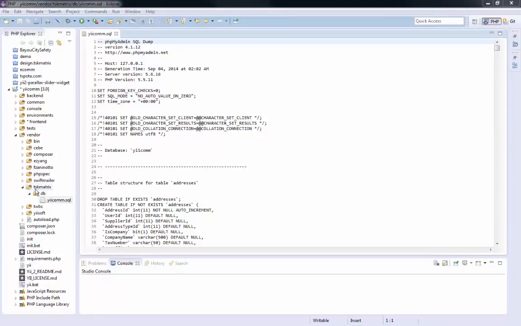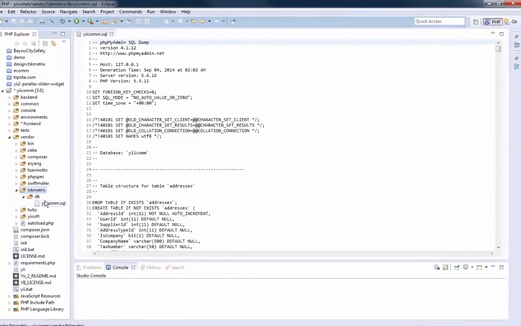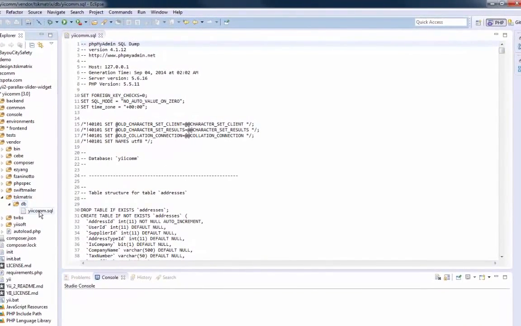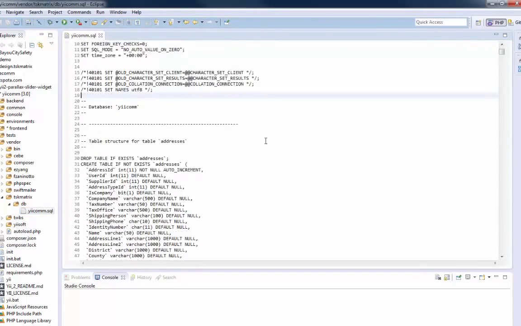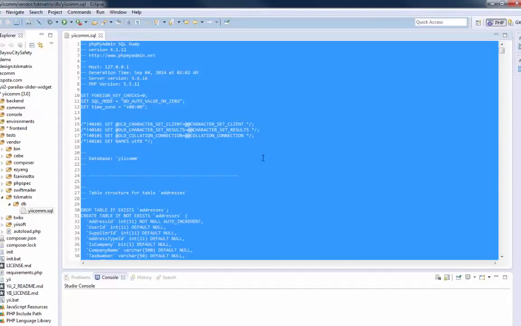Then we're going to come down into our vendor, down into TSK Matrix, to the database, and we're going to copy all of this. It's pretty big. We're just going to copy all of this, and then we're going to paste it into our